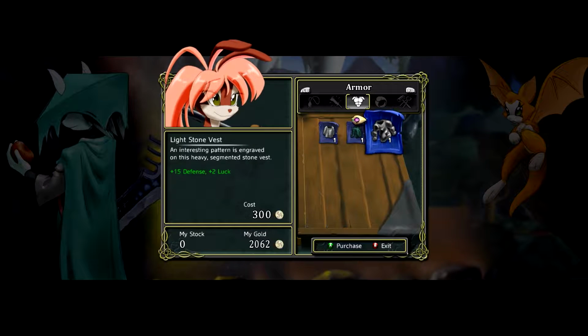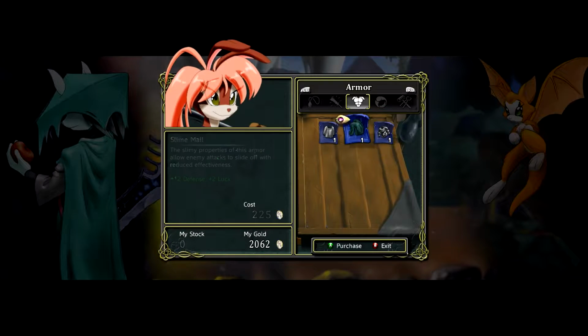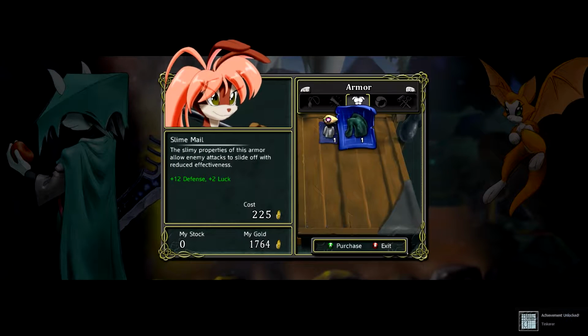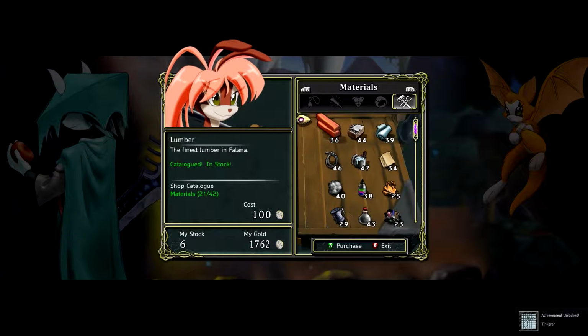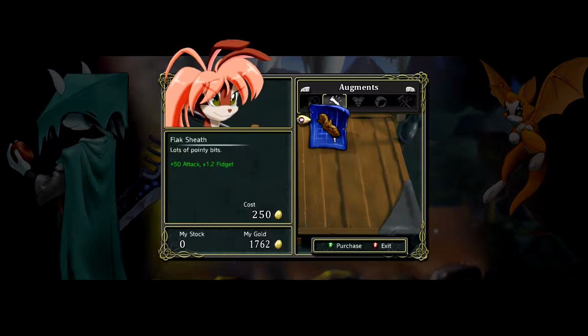Shame it doesn't show the materials on this screen instead of having to select it. Oh, we got lucky there. See if they're... Oh, yeah. And considering it does give us 2 luck, that's very nice. Okay. I guess these are single use then, because the other one is gone, but...